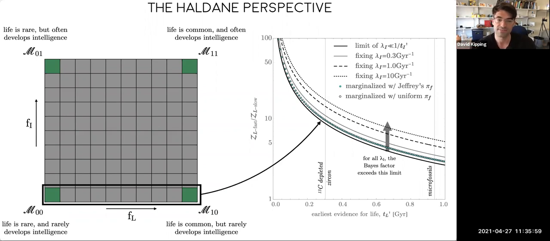And so the Bayes factor that the black line corresponds to is the most pessimistic version you can get. That's the lowest I can make that Bayes factor. No matter what I do, I can't make the Bayes factor less than that number. So this is a lower limit. And so really the Bayes factor between a fast life and a slow life has to be always greater than the ratio of those two corners as a minimum constraint.